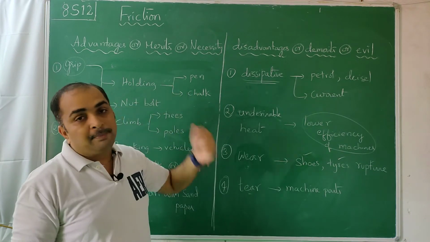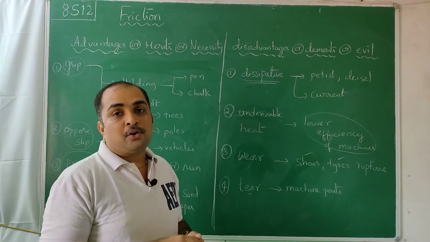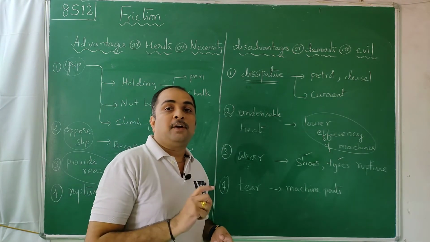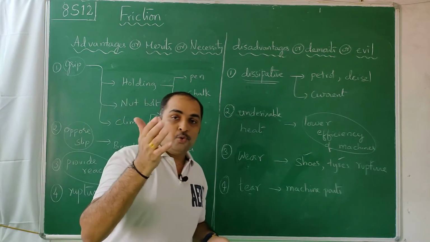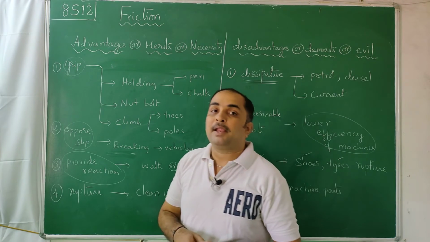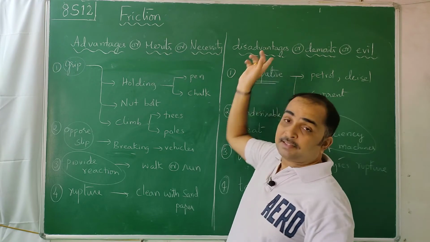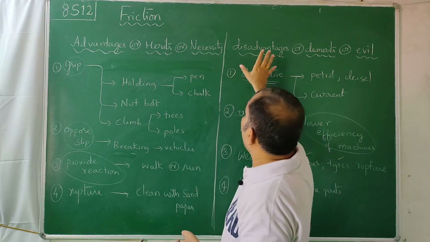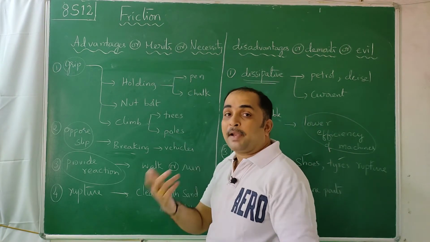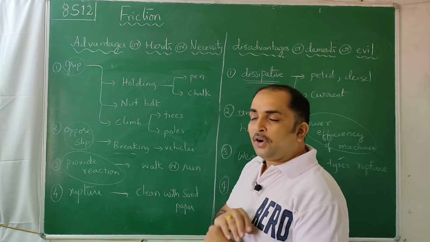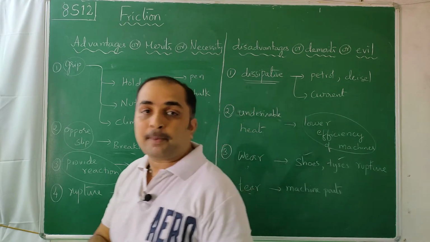So the same thing that is helping us also has a disadvantage. Without friction, the fan will not rotate once you apply the current. But once it is rotating, you actually don't want friction. What intelligent people like you and me do, because we have a brain and animals don't, is take the advantage wherever there is an advantage, and avoid the disadvantage wherever there is one. We try to adopt methods to reduce friction and methods to increase friction. Where necessary, we make it more; where not necessary, we make it less. We cannot avoid friction, but we can make it more or less depending on our requirements. Maximizing and minimizing friction is the next topic.